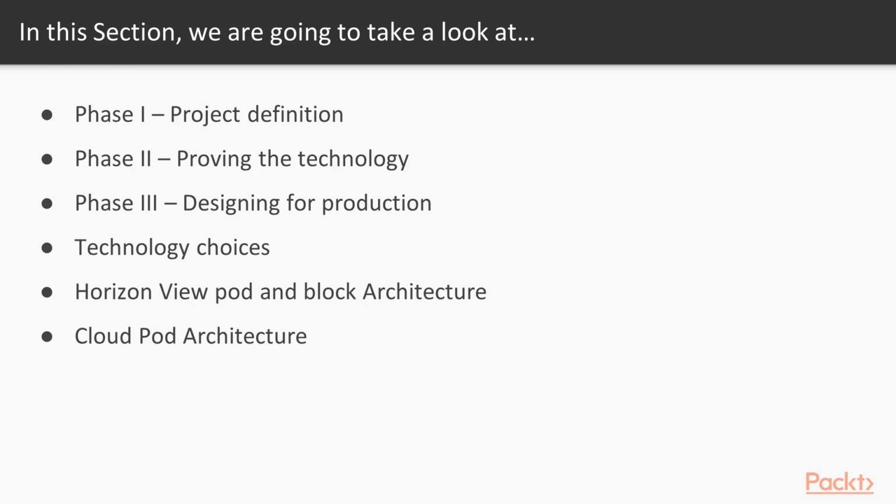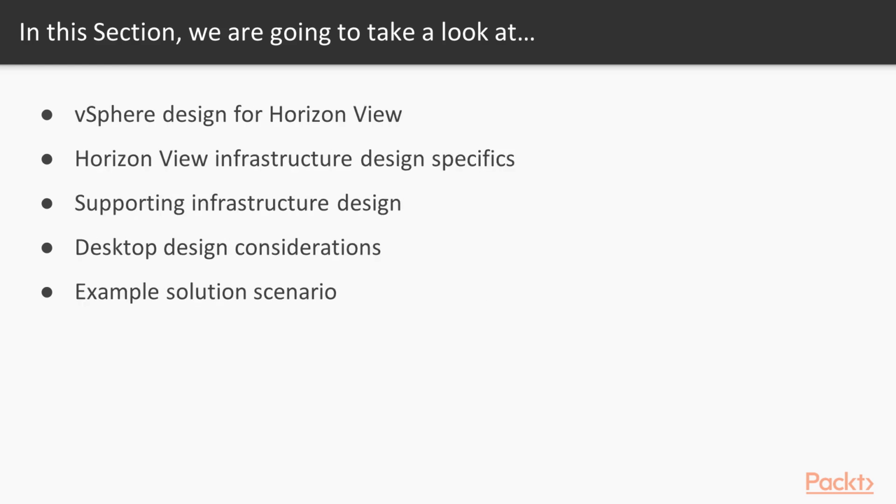Next up, we will look at some of the reference architecture designs with the pod and block architecture, followed by the cloud pod architecture. Once we understood the core architecture design, we can then start to design an environment that's suitable for the organization, looking specifically at the vSphere elements of the design before moving on to the Horizon requirements. As well as the VMware elements of the solution, there are also other supporting infrastructure requirements, such as SQL databases, file servers, and Active Directory that you also need to consider, which we will cover in the supporting infrastructure and